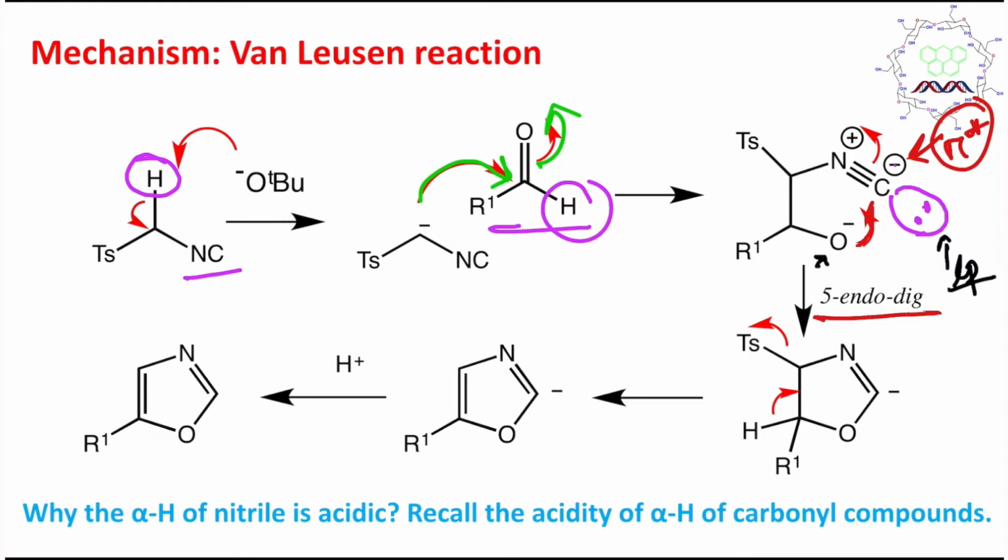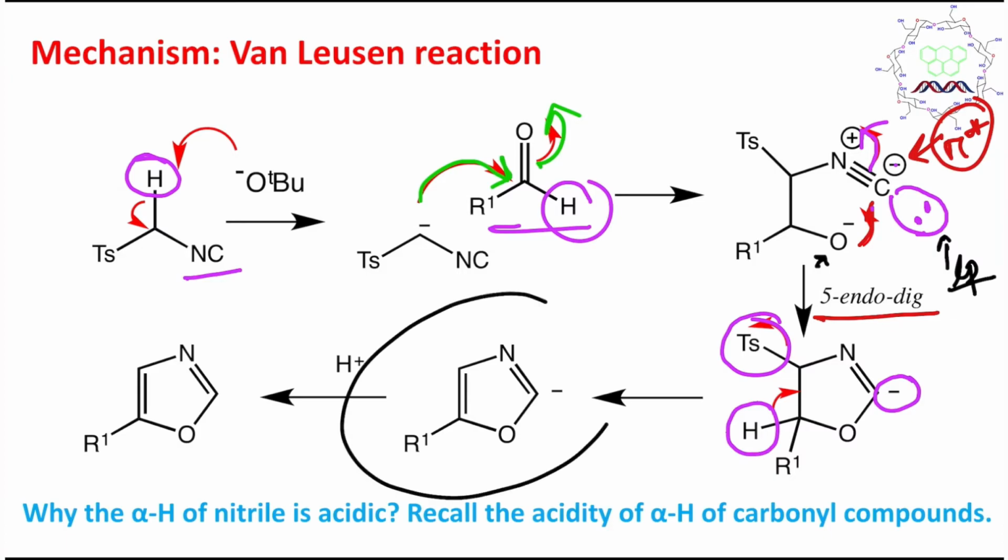So after that there will be a negative charge here, because it will attack and one double bond will open up. So one bond will open up, so the triple bond will convert to a double bond. Fine. Now the next step is similar, loss of tosyl hydrogen. A similar pathway, which I showed in the last slide. So it will leave ultimately and produce this anion of oxazole, and later on during the workup it will produce